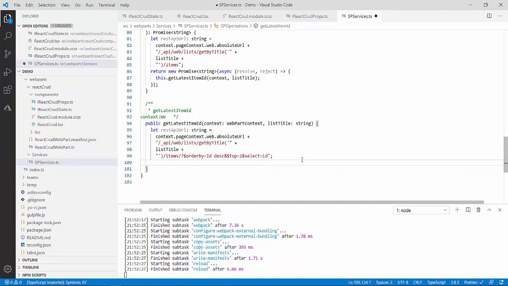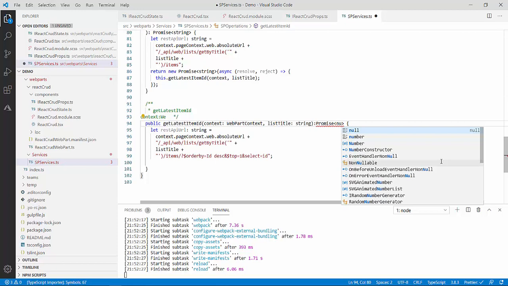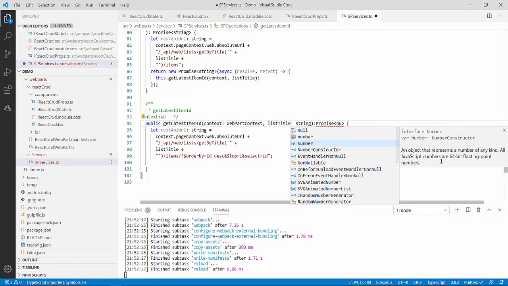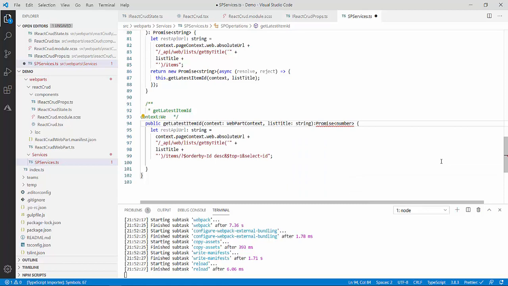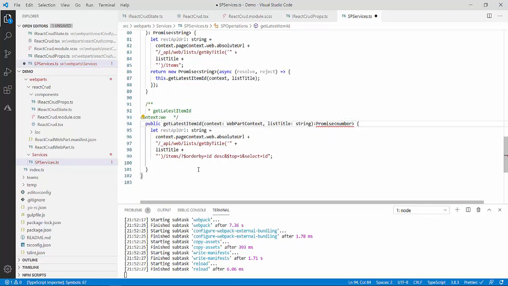What I will do now, this method will also return a promise, but this time it will return a promise of type number, because it will return me an integer, that is, the ID. So in TypeScript, instead of integer we have number. This is another concept in TypeScript. You can note it down that over here in TypeScript we have number. I am giving you, side by side, a lot of concepts about TypeScript also, like we have number, we have let, and before that I also gave you various other concepts. So you can make a note of it. So it will return a promise of type number. Over here, same way, return new Promise of type number.